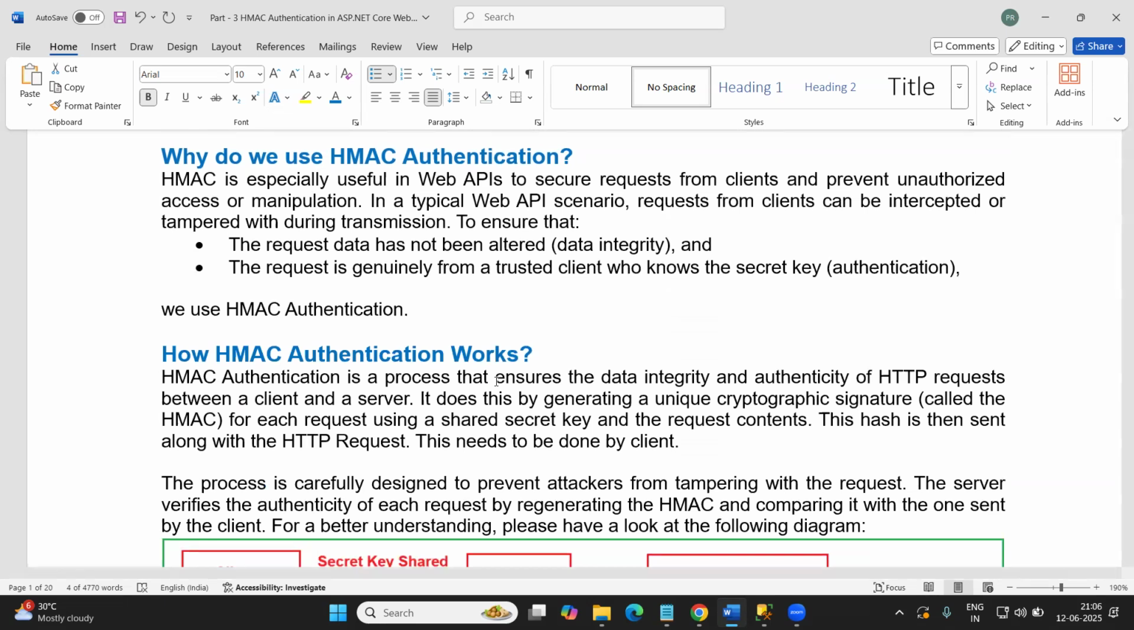Yes, sir. Yes. Right. So if someone asks you why we need to use message authentication code or HMAC, you